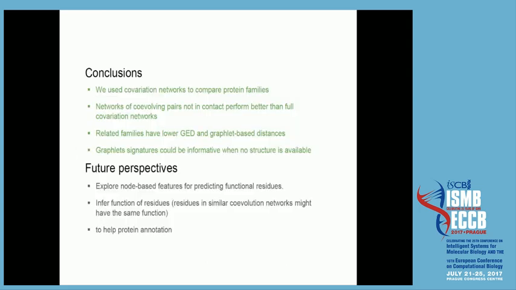So as our conclusions, we want to say we use covariation networks to compare protein families. Networks of co-evolving pairs not in contact perform better than the full covariation networks. Related families have lower graphite distance and graphlet-based distances, and also graphlet signatures could be informative when no structure is available. The future perspectives are to explore node-based features for predicting functional residues, infer function of residues,